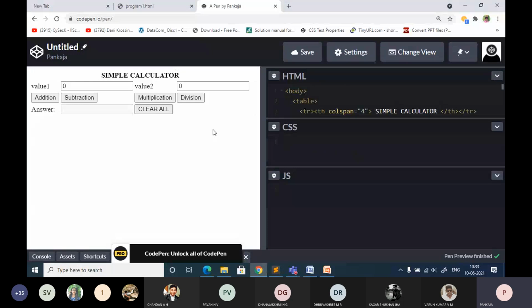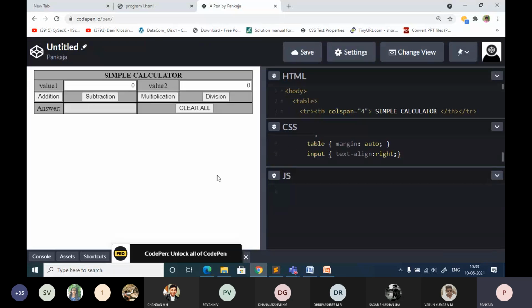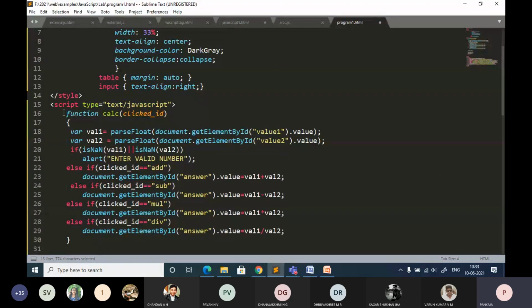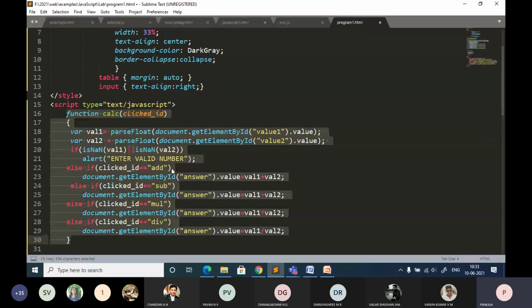I think you will get it like this by default. If you apply some style or some changes, you will be able to get it in the table format, like the styling you have given for this table. Then the remaining JS part, I am telling this to those who are not having a laptop. You can just run this code on your mobile phone, but I don't know how you people are managing typing this much code on a mobile phone. It's not an easy thing, but if there is no other option, you have to.